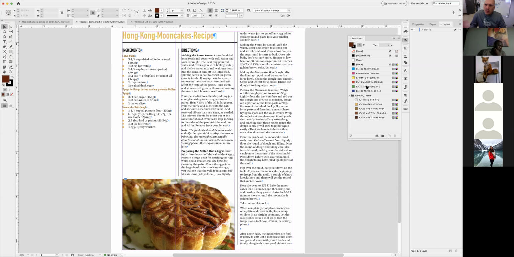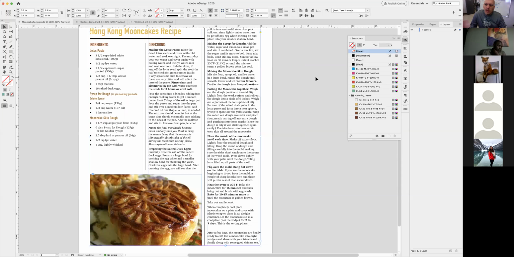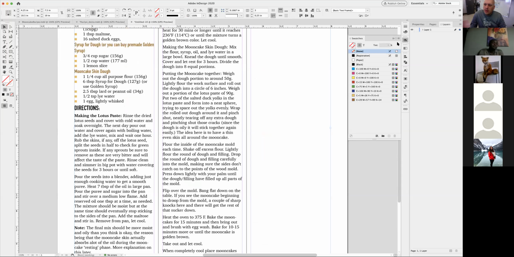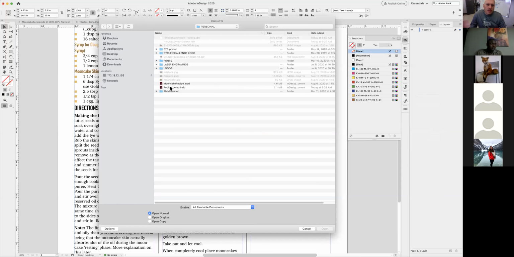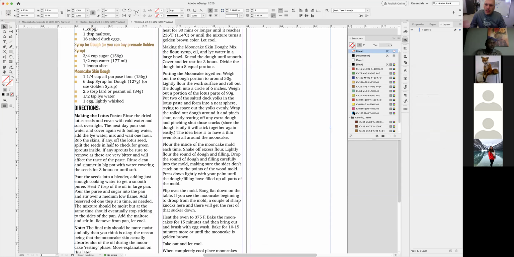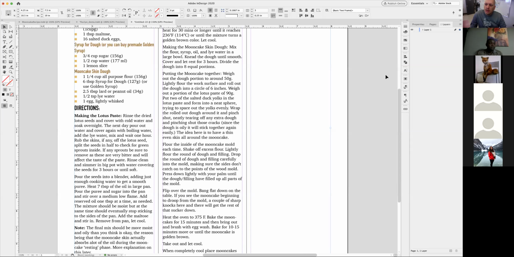So right now the swatch came over with my styles. But remember those colors that we changed in document number 1, those crazy colors right there? Well, I can go into my third document and do this exact same thing. Hit the hamburger menu, load swatches, find my mooncake recipe document, and there they are. All my colors are here. So you can carry colors from one document to another. You can carry paragraph and character styles. You can also carry